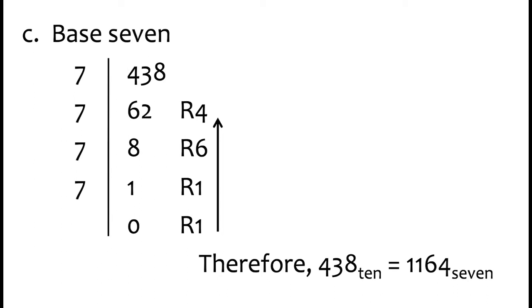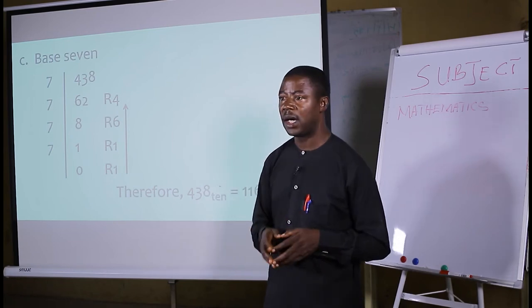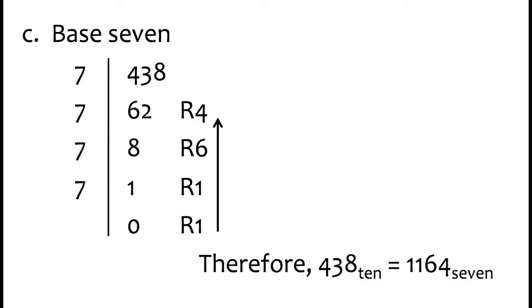8 times 7 is 56. Then subtract 56 from 62, you'll be left with 6 as your remainder. 8 now divided by 7 is 1, remainder 1. Finally, 1 divided by 7 is 0, remainder 1. So the final result will be